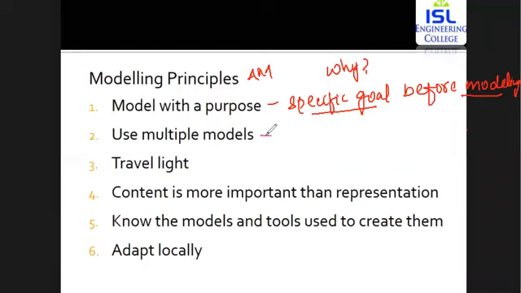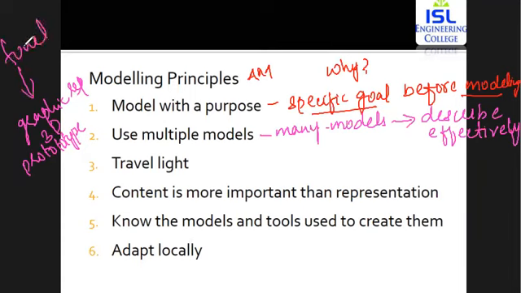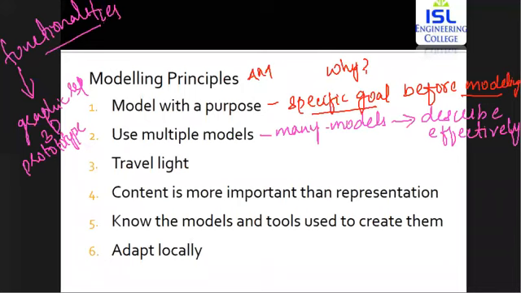The next one is using multiple models. Here you can make use of many models and different notations so that you can describe the software effectively. That is, what the different features involved within the software are, what the user interface is going to be. If different models are required, you can make use of some type of graphical representation. You might have some 3D development technique, or you might need a prototype to fully identify the different functionalities of the particular software. You make use of all of them so that you understand the software very well.